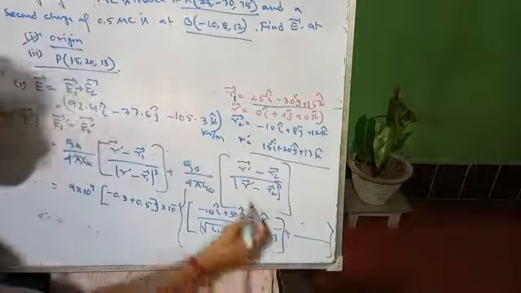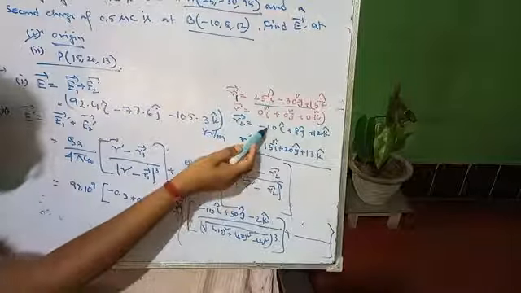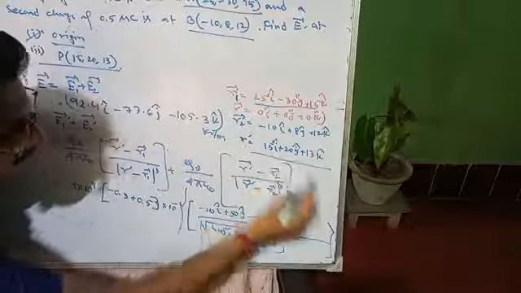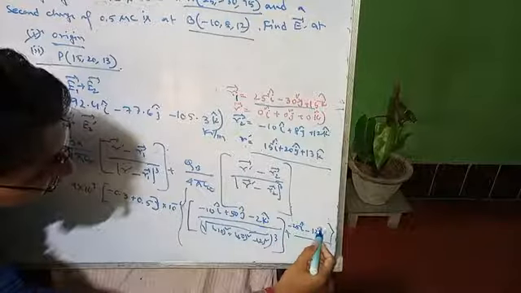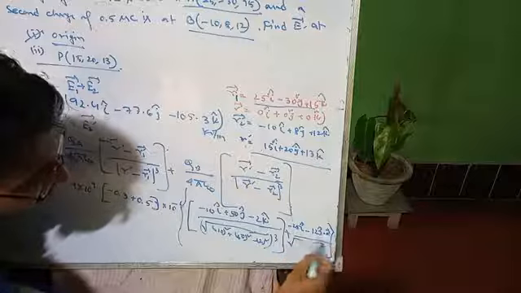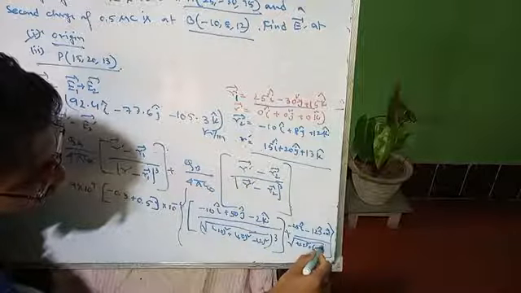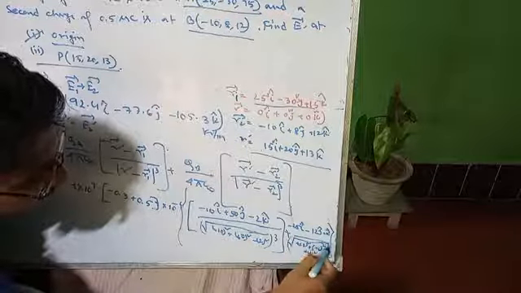Secondly, you have to find this part also, that is R dash minus R2 vector. R2 vector is this much. R dash minus R2 vector equals 25 minus 25 i cap, 20 minus 8, that is 12 j cap, and 13 minus 12, that is plus k cap, right? And root over of minus 25 whole square plus minus 12 whole square plus 1 square, okay? That will be whole cube.